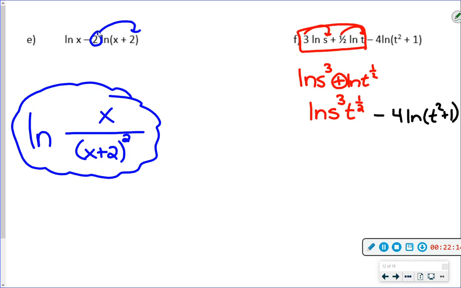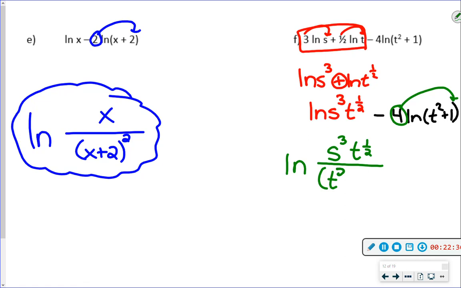Now, a couple things. We've got the 4, that's easy. I know that's going to be the exponent. We'll just throw it on there at the end. And of course, subtraction is going to go to division. So my numerator is going to be the s cubed, t to the 1/2. Denominator, don't forget to put the 4th power on it, t squared plus 1